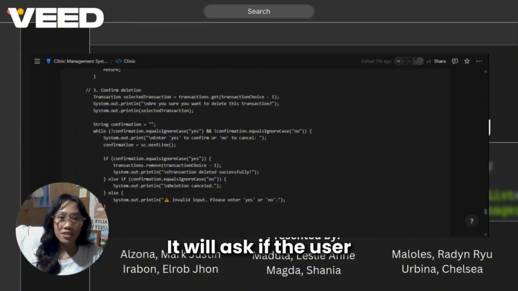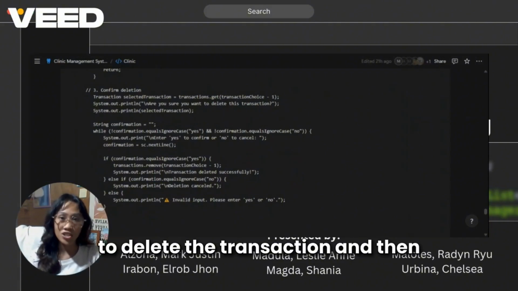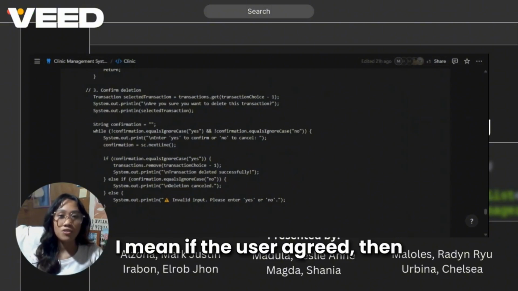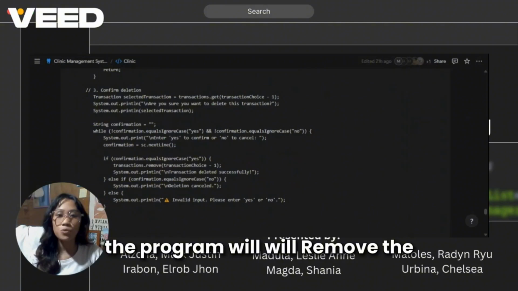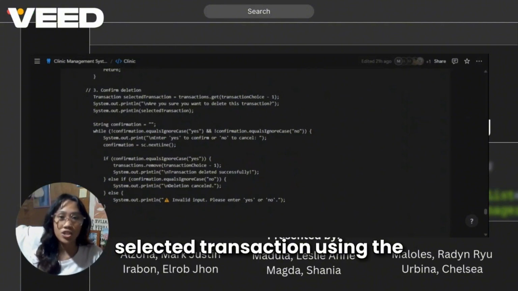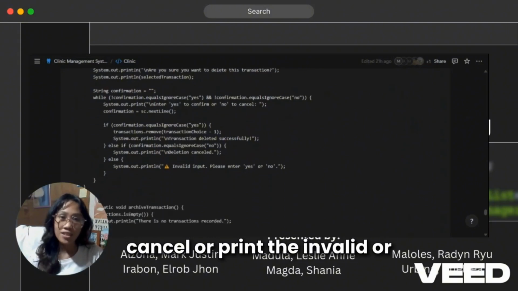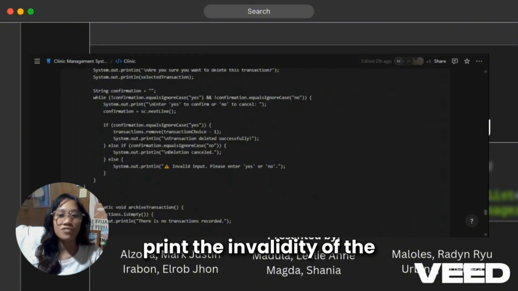It will ask if the user agrees to delete the transaction, and if the user agreed, then the program will remove the selected transaction using the index in the array. Else, it will cancel or print the invalidity of the input.